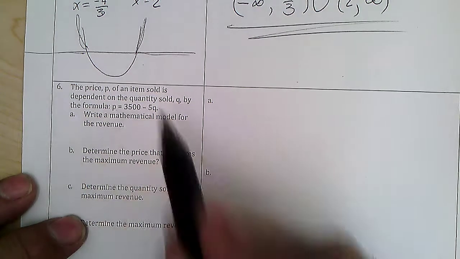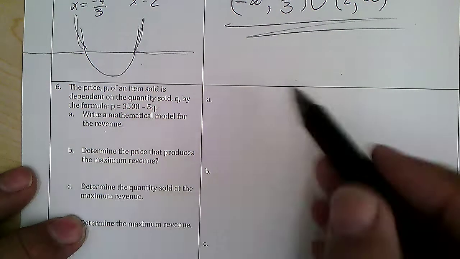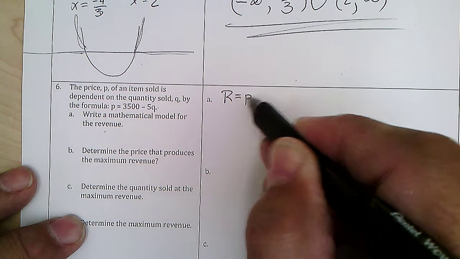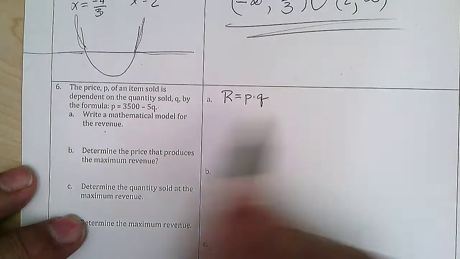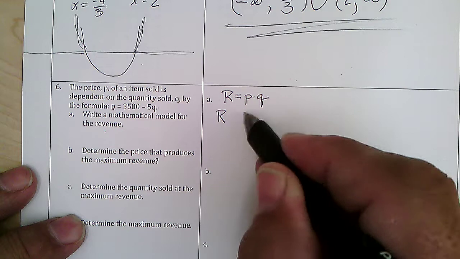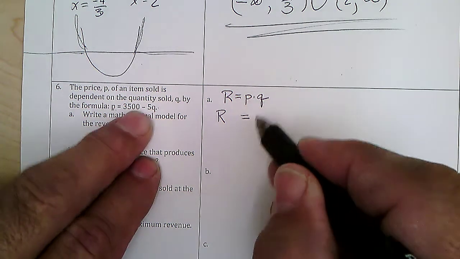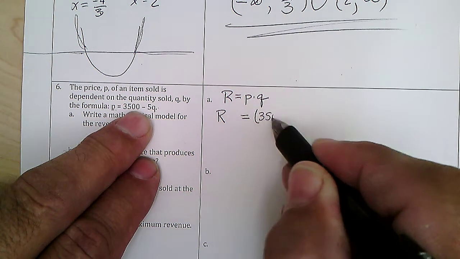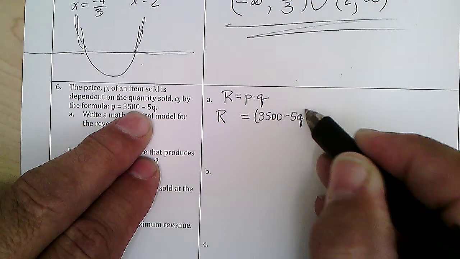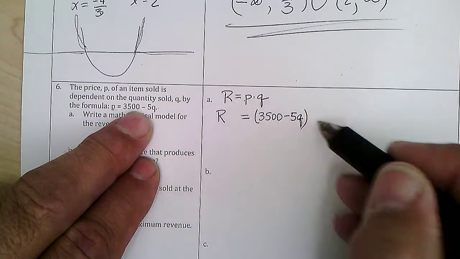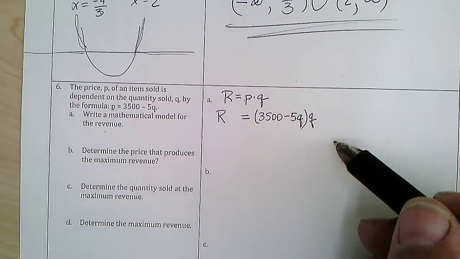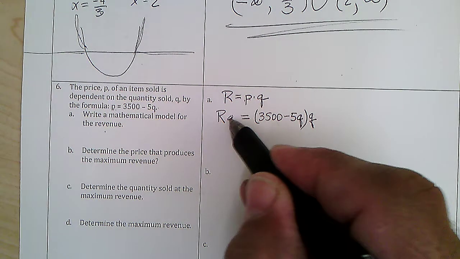So the price is equal to quantity. We're supposed to find the revenue. Revenue is price times quantity. This is set up to replace P with that. So we get the revenue is, replace the P with 3500 minus 5Q. That's the P times Q. Replace the P with what it's equal to. So this is a revenue as a function of the quantity,